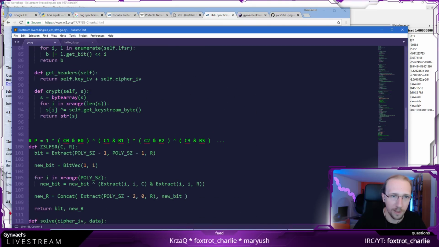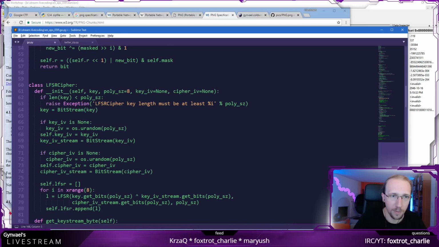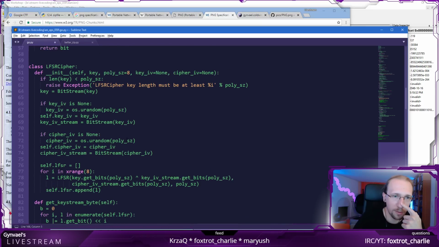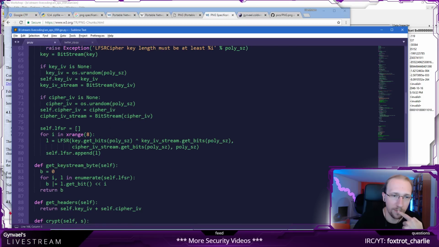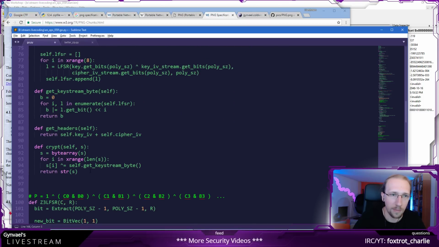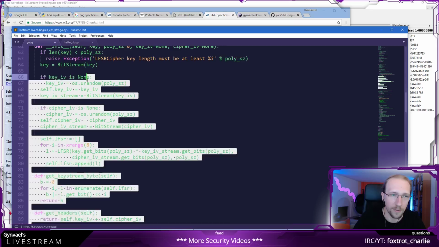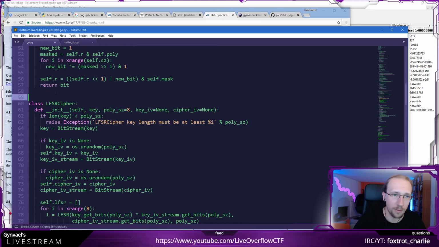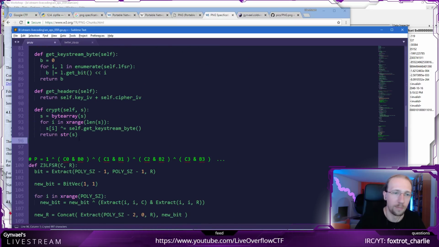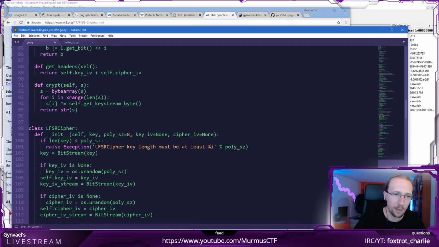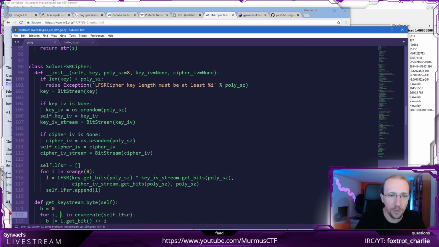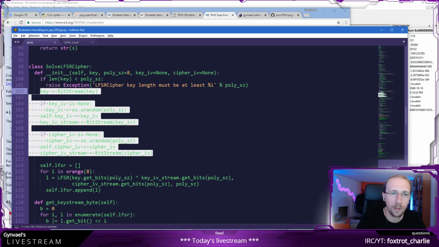Yeah, how do we decrypt the data having the polynomials in such a funny form? We need to probably change this a little. Because we don't have this, we don't have this, we have this. So I'm actually going to copy paste this, and I'm going to create a new one, which is called mine, or solve. And I'm not playing with bit streams anymore because I don't care about them too much.